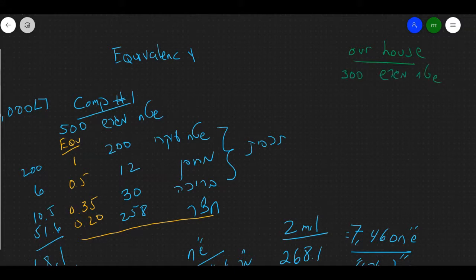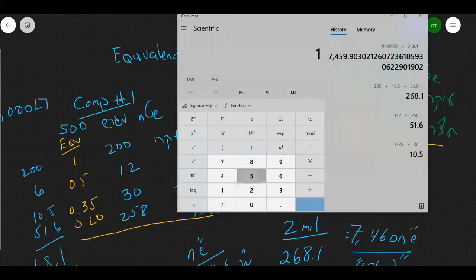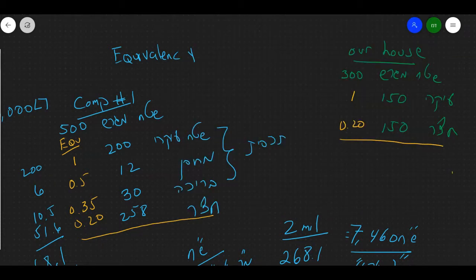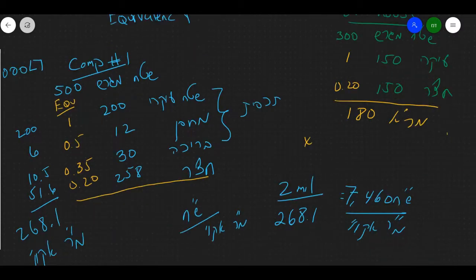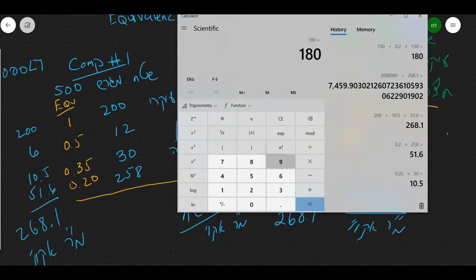And let's say our shetach migrash is 300 as opposed to the comp, which was 500. And let's say our shetach ikari is now 150. So we have a much smaller yard, and we don't have anything else. Our chatzer is going to be 150. Using the same coefficients, the same mekadmim, we're going to come to a mar akvi of 180 mar akvi. Now we can just multiply that straight by the value we got, 180 times 7,460, and that yields us